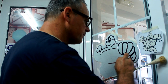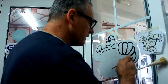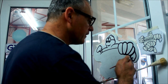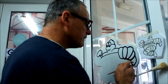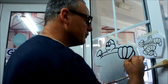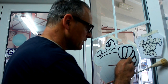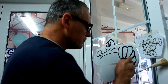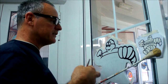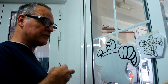Therefore, the consistency is always changing. Now, as I say, you'll get people out there who are bloody good at what they do and it works for them. What I think is the problem is you get people new coming into doing signwriting or pinstriping, and you don't want to learn and start off with bad habits. Now, I'm not saying that what they're doing is wrong. What I'm saying is you need to learn the basics first to understand why they're